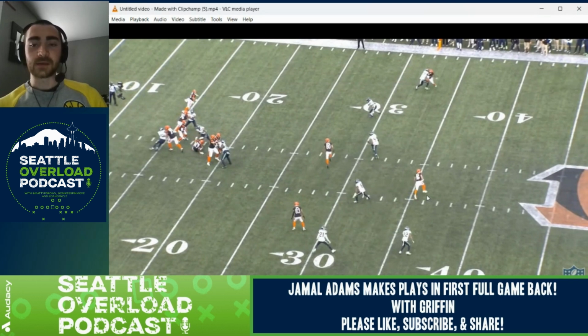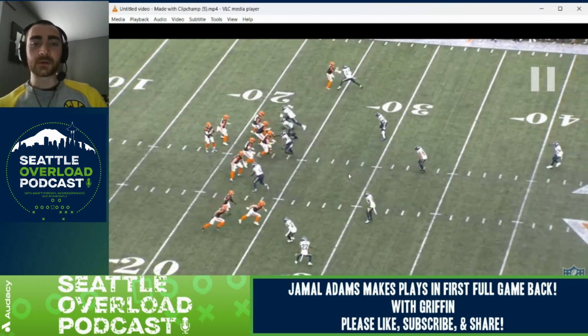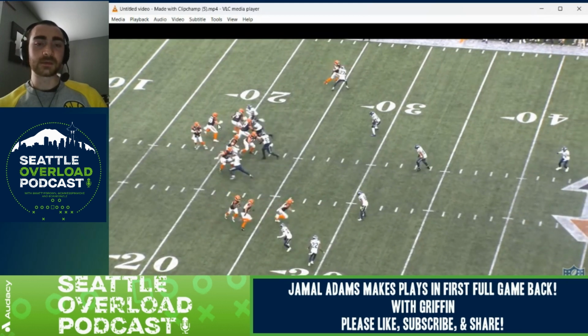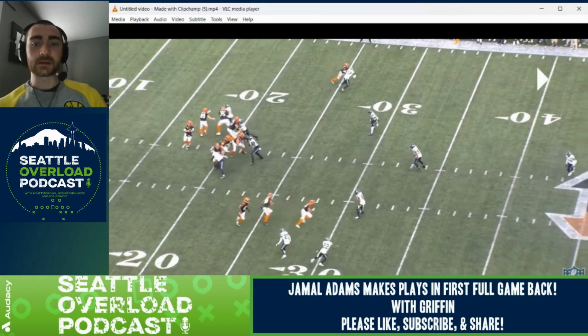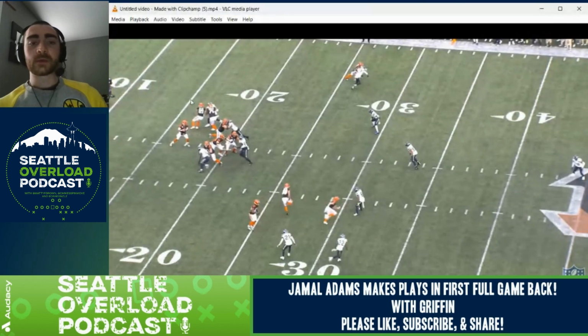So they're not asking Bobby to man turn to that. However, Jamal's primary responsibility is the weak back. So he's chip releasing, and because he's not releasing quickly, he's thinking, okay, I need to be prepared because it's not split flow technically, even though there's 3 on one side and 2 receivers on the other side. Because he's not releasing quickly, Jamal knows he has to be able to help for anything that's